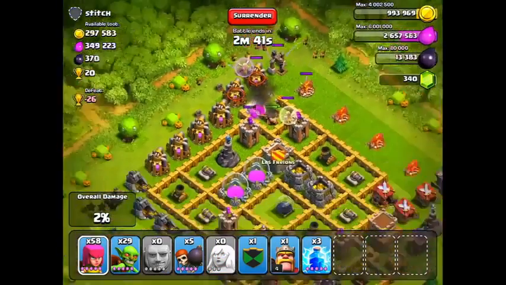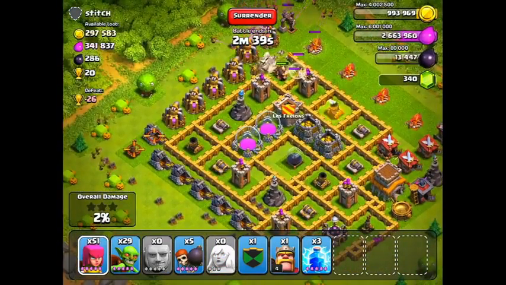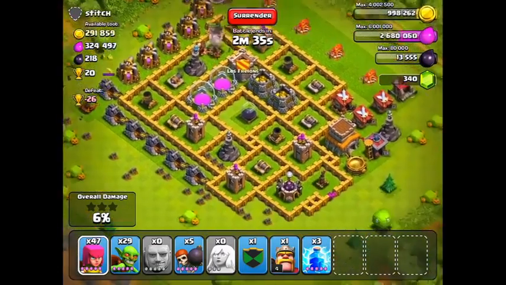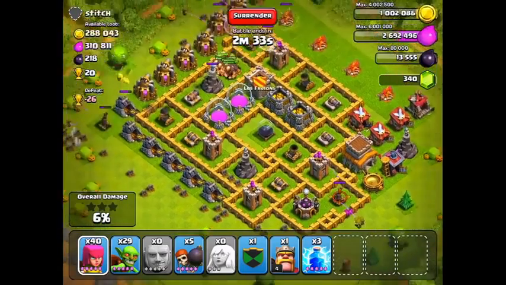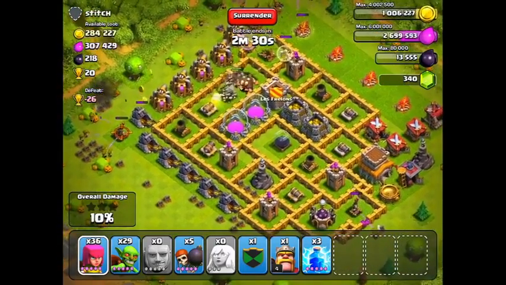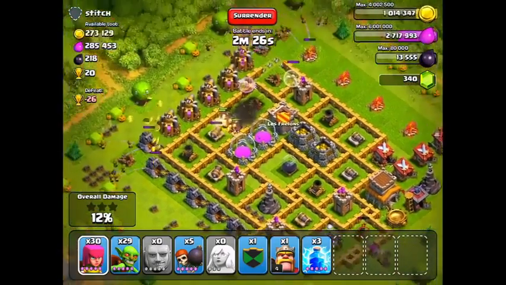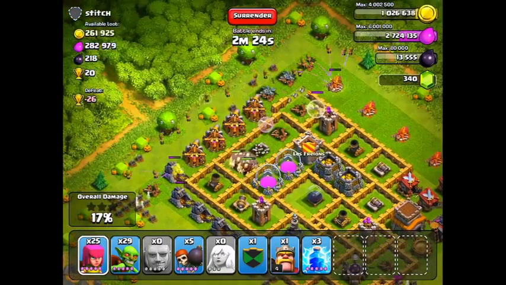And now that we've taken care of that air defense, we can start taking care of some of these other air defense over here, as well as I already dropped my healer. All right, so that air defense going down on the left, the one on the bottom right is going down. That archer tower right there probably will take care of my healer, but by that time, my giant should have taken care of most of the rest of the base, so we should be good to go to 3-star this